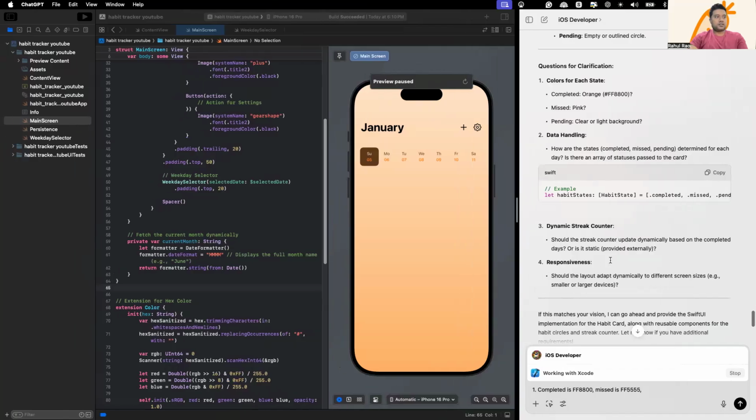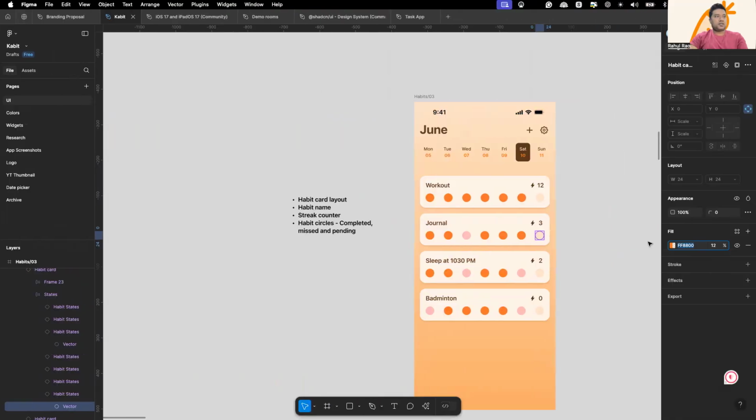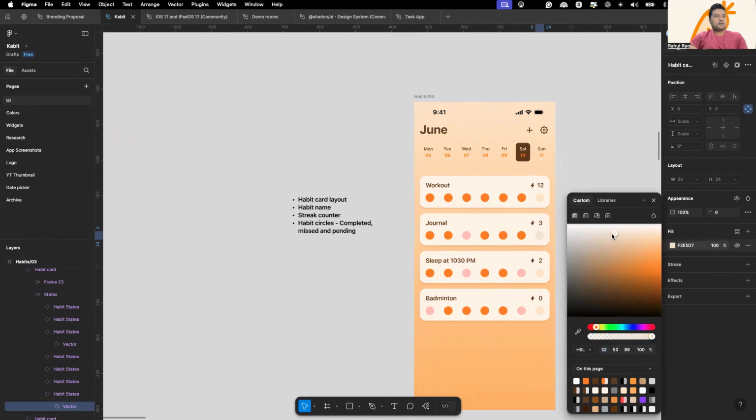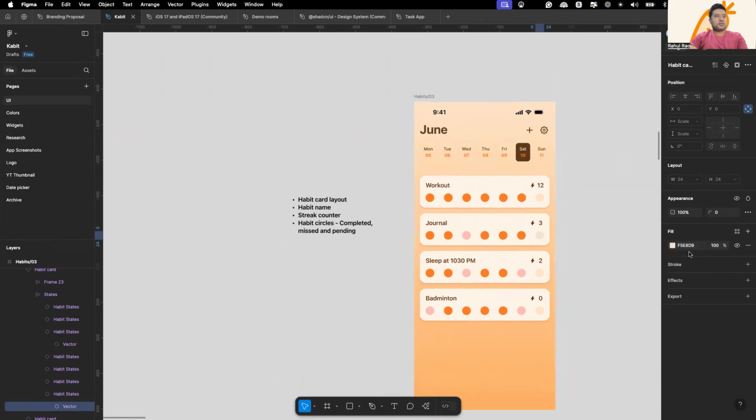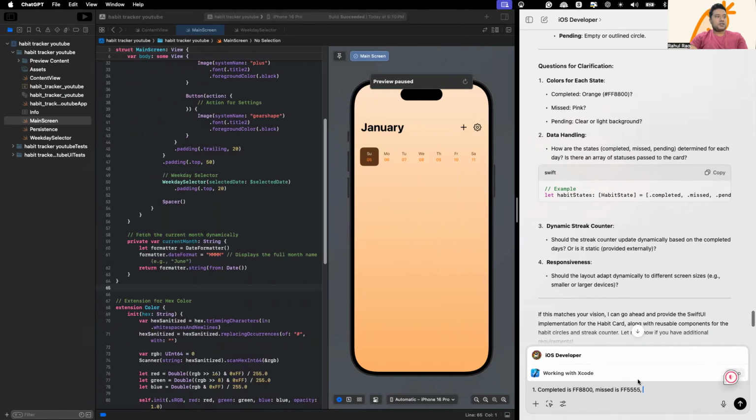So instead of doing that, let's just give a color right now. I'm just trying to approximate it to the actual color. This is not exactly the same, but let's just go with this. Pending is